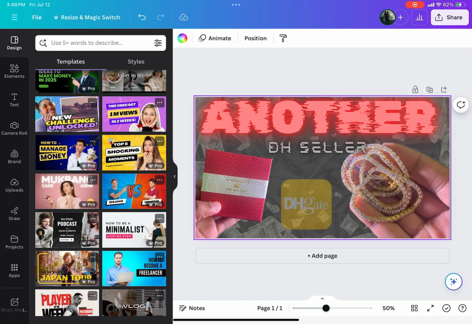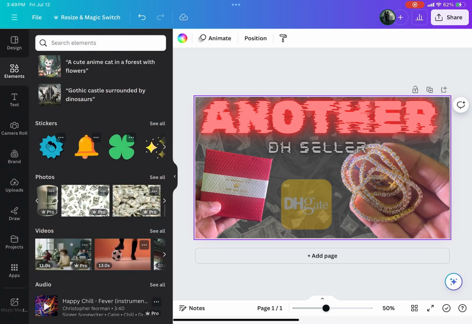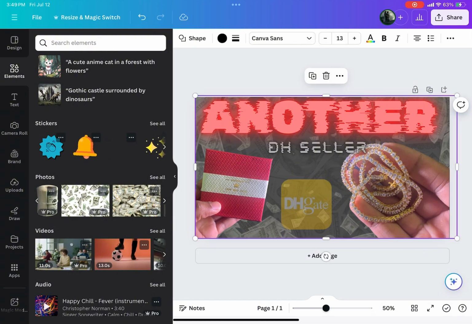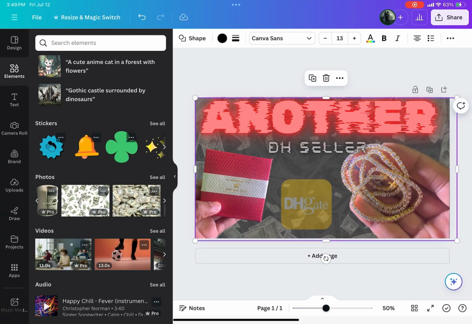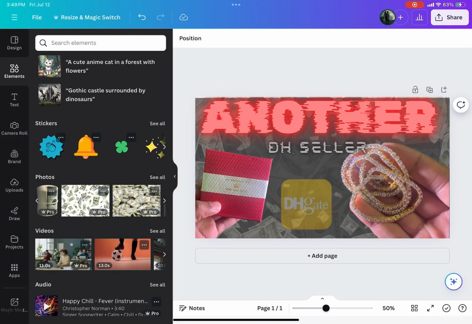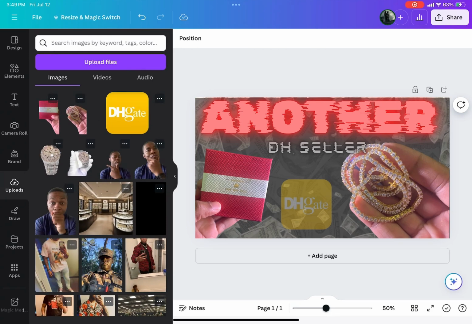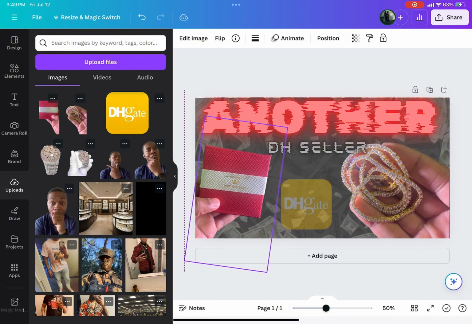Now all you do is figure out what type of background or anything you want to use. So if you was to go to elements, as you can see my background, I used a little money thing here, and then when you click on it, you're able to move that background. So if I click on background, as you can see, it's moving. That's because I've already placed it there. And then I did the same thing with the images themselves. I went to uploads, picked the images that I already had, placed them where I wanted. So I placed that one here. So as you can see, if I move it, place that one there, place the other one over there,